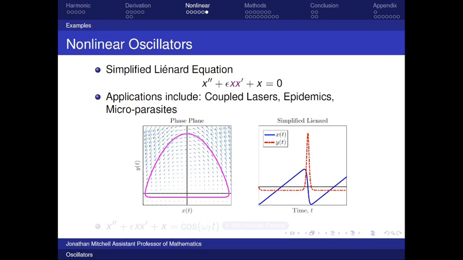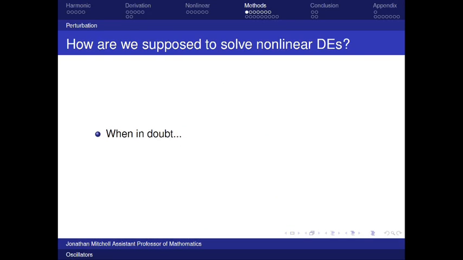This is a model, a Liénard equation. The nonlinearity is an x times x prime term, which makes this pretty difficult. And this shows up in coupled lasers, epidemics, and some other things. I've done a good bit of experience on this one, which is why I kind of closed this subsection with it, and I'll talk more about it when I get to some of the methods. So let's move right on to